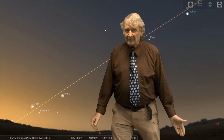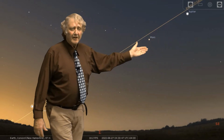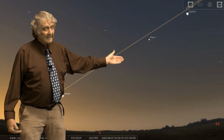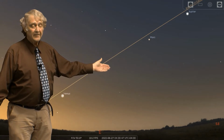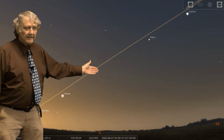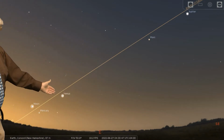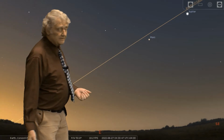So on June 27th, one of the neat features is, notice the moon has left Jupiter. The moon has slid along the ecliptic because we're 6 days further along. The moon moves against the background of the stars from west to east. And now we're down to Venus,